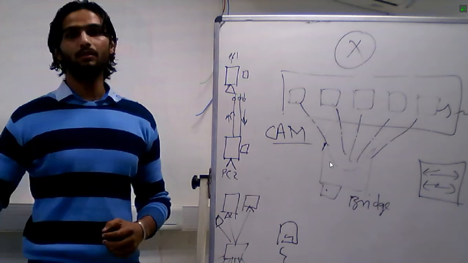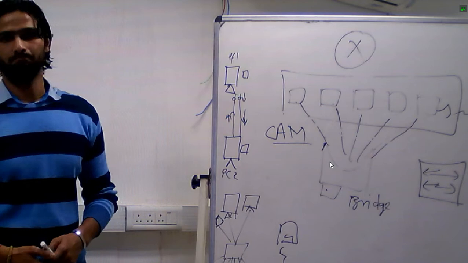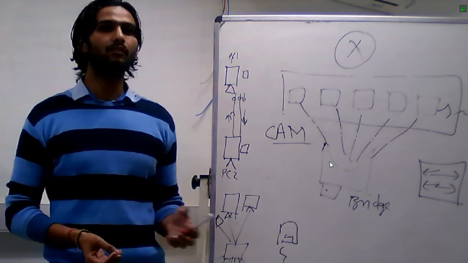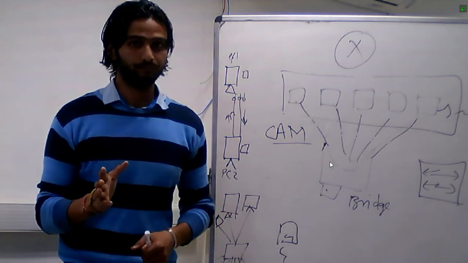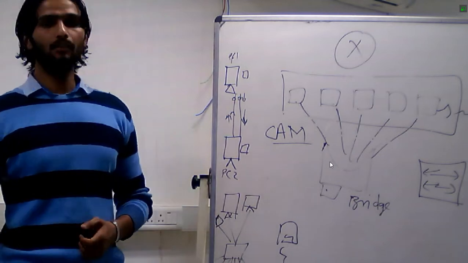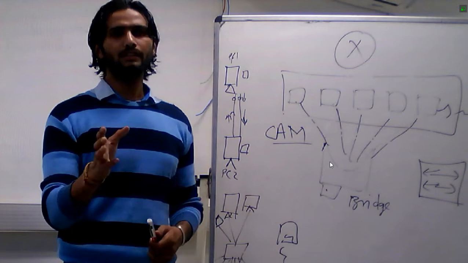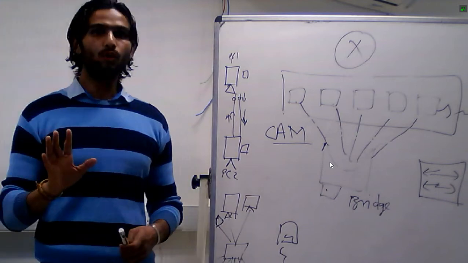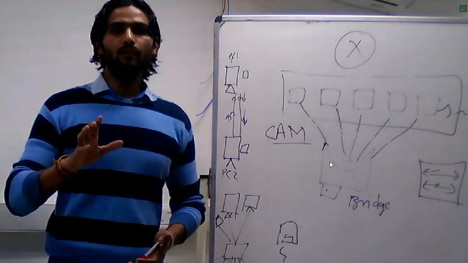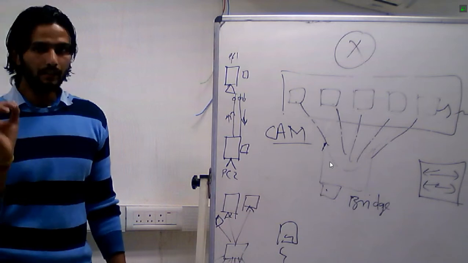which, in the Catalyst 6500 switch, can connect up to 400 hosts. It is costly, but in a small enterprise we use the 750 series, which can connect up to 48 hosts. So how many switches do we need to make a network of 400 hosts? Approximately 5, not exactly 5, 4 or 5. So 8, oh sorry, 8, you're right. So 8 or 9. To manage 8 or 9 switches, I think it is easy.